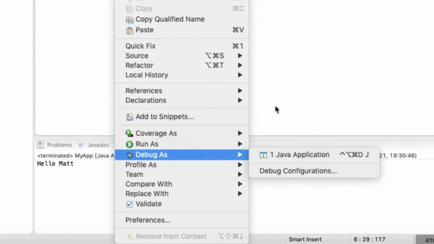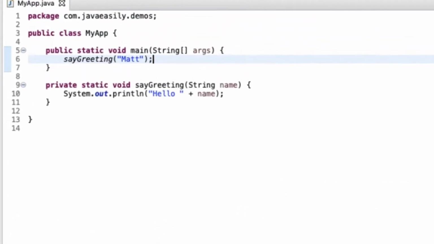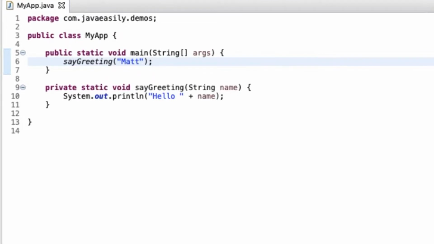Now before you launch the debugger, or rather the IDE when it's in debug mode, you need to set a thing called a breakpoint. And that's basically where you want the program to stop running at that specific point, so you can effectively take a look around. So if I go up to here, for example, if I double click in the margin, just to the left of the line numbers, that's how you set a breakpoint.